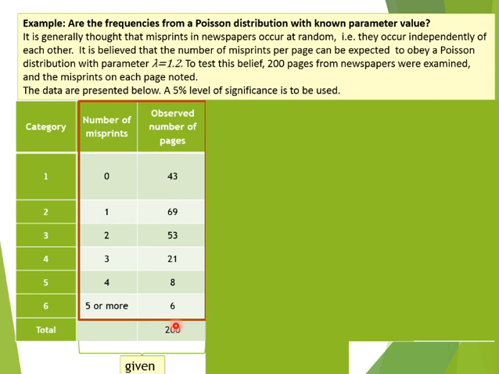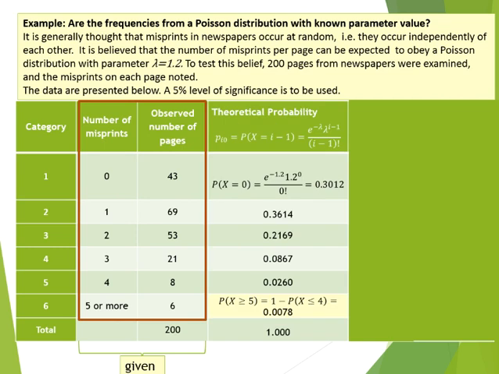How can we do that? The number of misprints is your random variable. So we want to test whether the number of misprints has a Poisson distribution. So this is your x, taking on values 0, 1, 2, 3, 4, 5 or more. So you can calculate the probability that x is equal to 0 under the assumption that you have a Poisson distribution with lambda equal to 1.2. And that's what you have in the next column. The probability that x is equal to 0